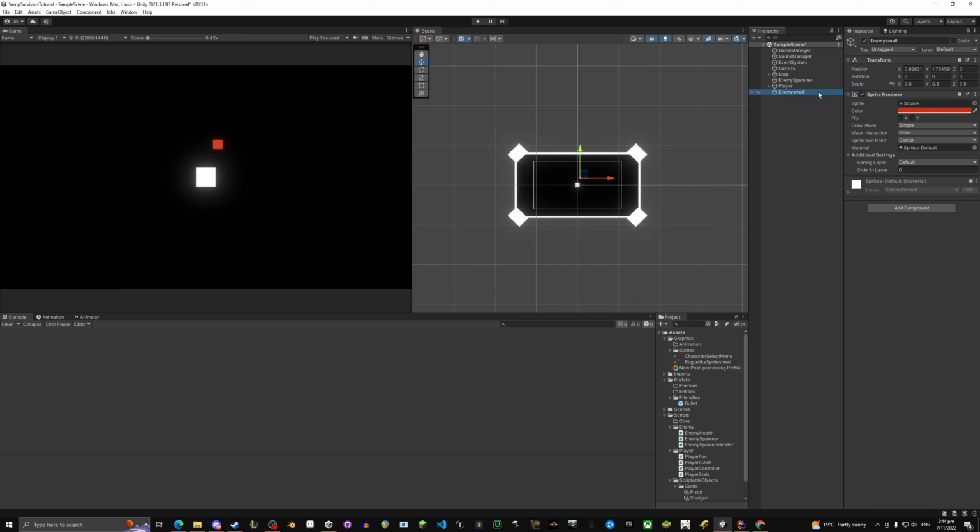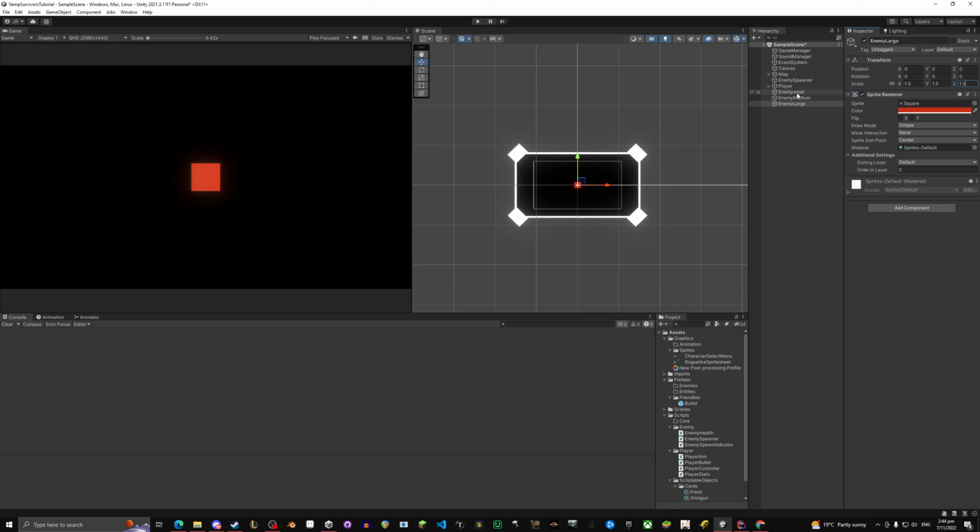And then we can just Control D, and this will be enemy medium, enemy large. Okay, and of course we're gonna take all of the positions and make it 0, 0. This one needs to be 1, 1, 1, and then 1.5,